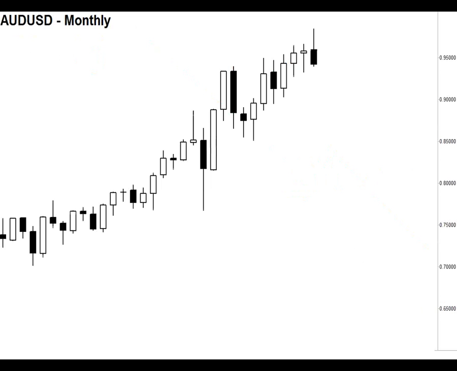Now I show you a monthly chart. So far we've looked at weekly, daily, and intraday bars. Let's look at a monthly chart. This is an Australian dollar chart, a monthly chart. And looking back in hindsight, someone could have said, boy, look at this nice big up move we had in the Australian dollar. It really would have been nice to take advantage of that. What if I could have known in advance that the Australian dollar was going to have a big move like that? That would have really saved me a lot, and I could have really made a lot of money going